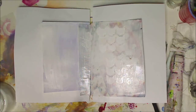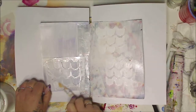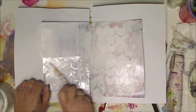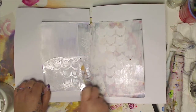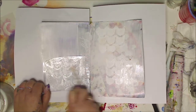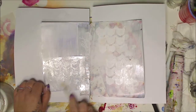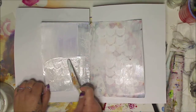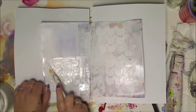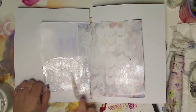Okay, so enjoy the kitty cats. So these are cute. I like these. Like I said, I got it a little. Let's scrape. A little too wet. This is like a thicker gesso, but stickier, I guess, which is nice because it's not as